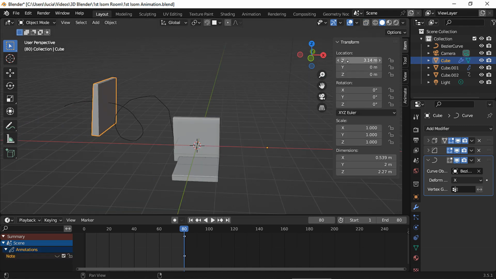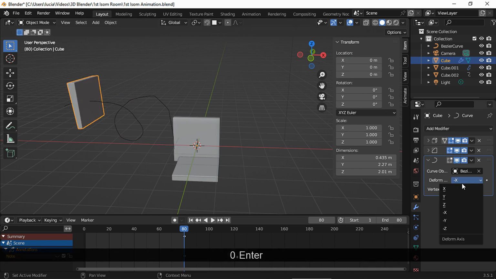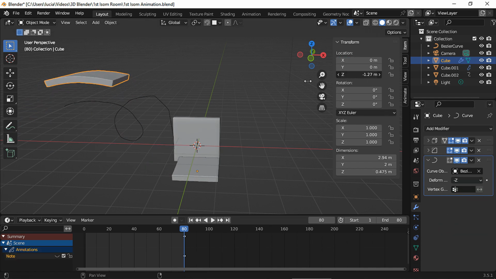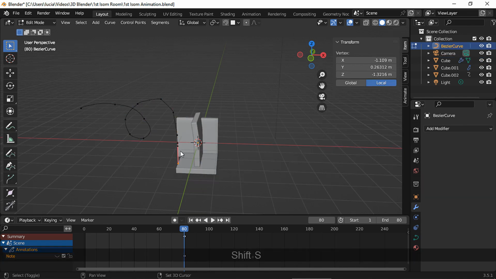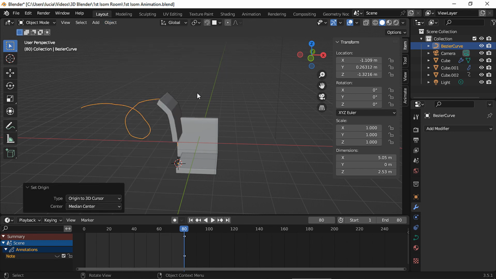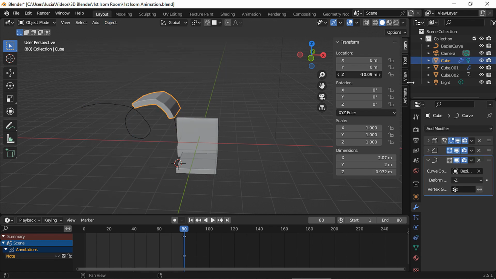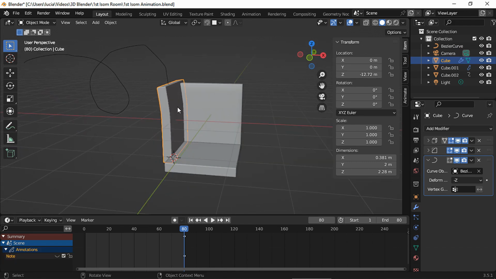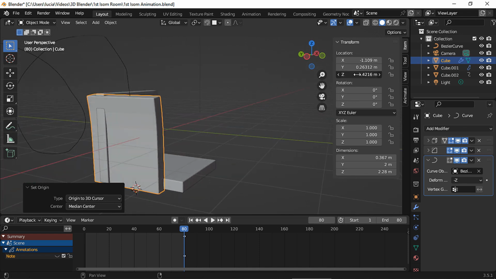Now we need to see which axis looks the way we like, not this one. Let's keep trying. And I think this one is our winner. Take the 3D cursor to the bottom control point, and now set the origin to the 3D cursor. Okay, since we chose the Z-axis, we need to move the Z-axis to animate this wall along the curve. Let's set the wall's origin to the 3D cursor as well, and we need to place the wall again.